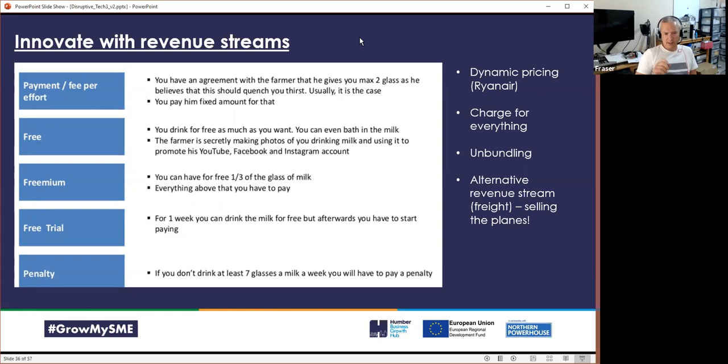And I've given you some examples here, but I think increasingly we'll see people with very innovative business models. Unbundling is a concept which I'm fascinated by, where we actually start to charge for the toilet on the flight, or having a seat on a train instead of just a ticket. There are ways that you can experiment with these things.